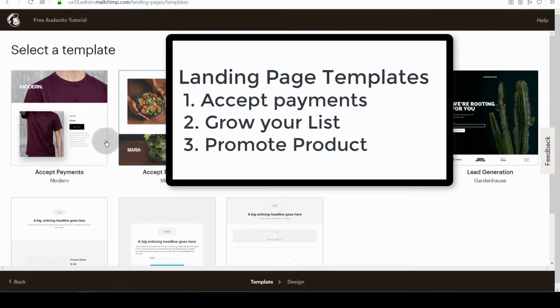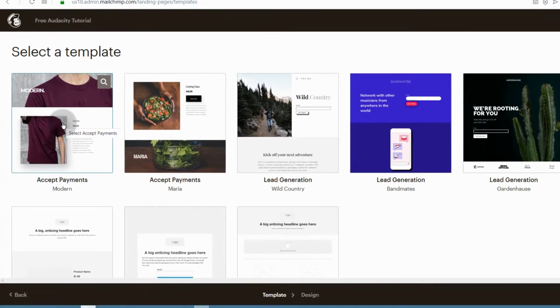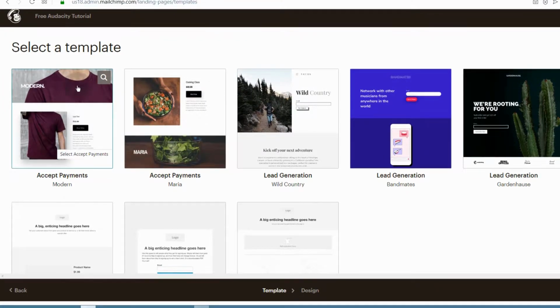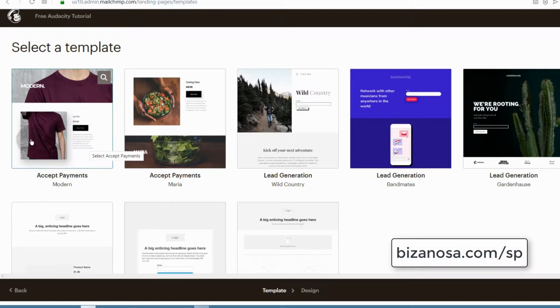So the next step, of course, you'll need to select a template for your landing page. There are three types of these templates. You can have accept payment. With accept payment, when you select it, you will have a payment block, and the payment is supported by Square. As of now, the last time I checked, Square is only supported in 5 countries. That is UK, US, Australia, Canada, and Japan. So I'm not sure if they support any other countries. They just support the 5. You can create an account on Square and then connect that with your landing page.